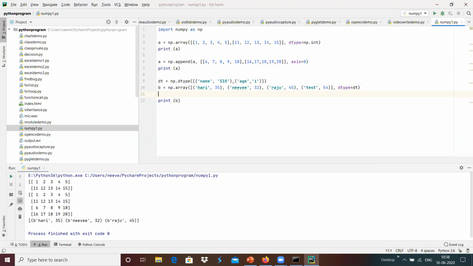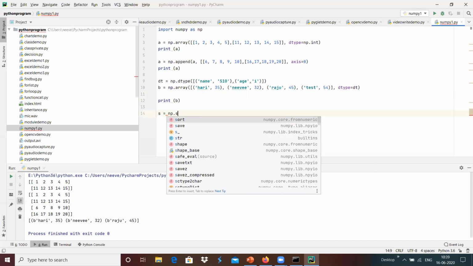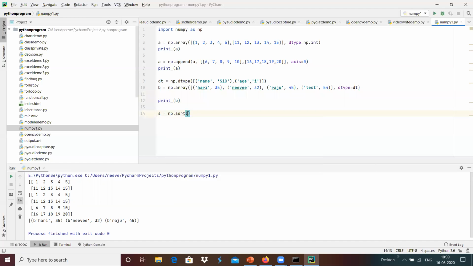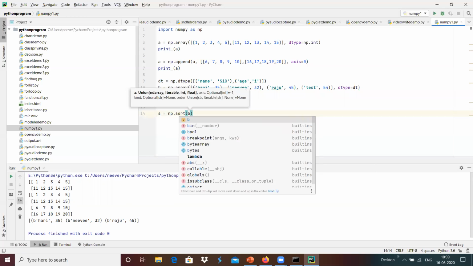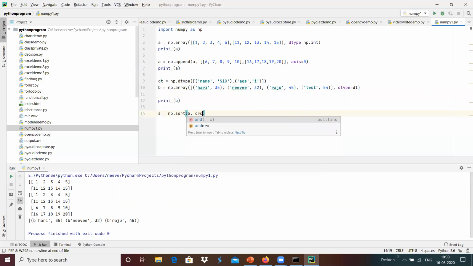If we wanted to do sorting, we can do that with s equals np dot sort, on the n-dimensional array b, comma order equals name, since I wanted name based sorting.